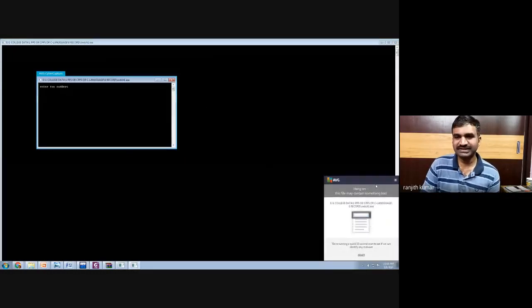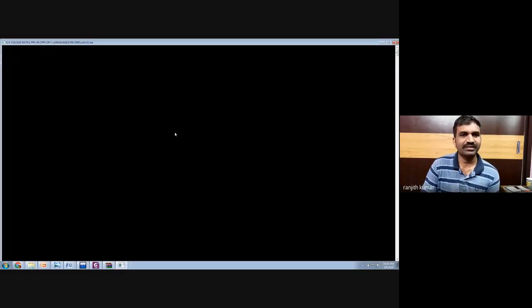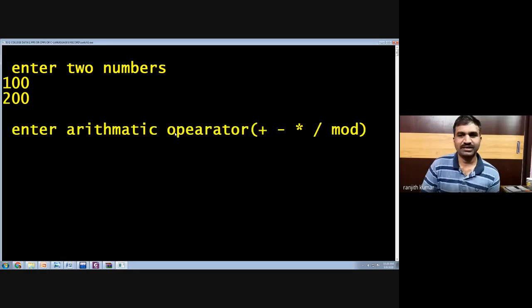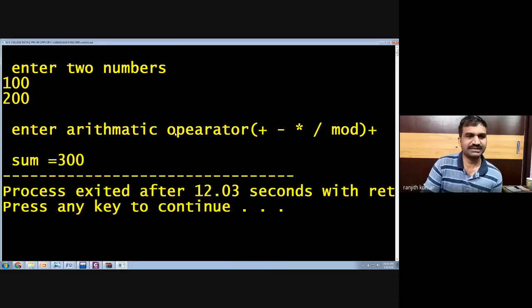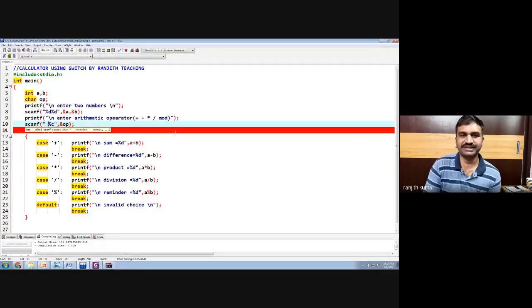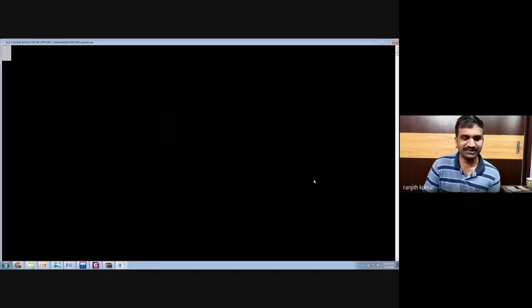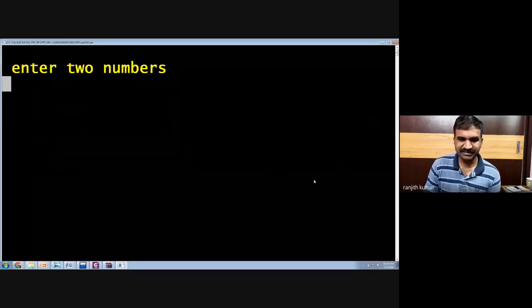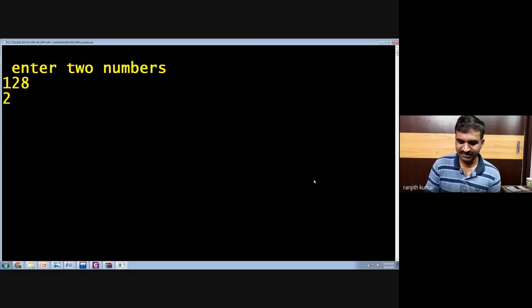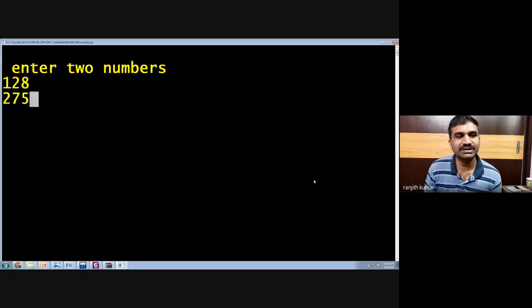So once again, we are executing the program. Now enter 10, 100 and 200. Now enter the operation plus, then addition is printed. So once again, for your convenience, I'll try to execute. So assume that I am entering 125 and 275 as the two numbers.